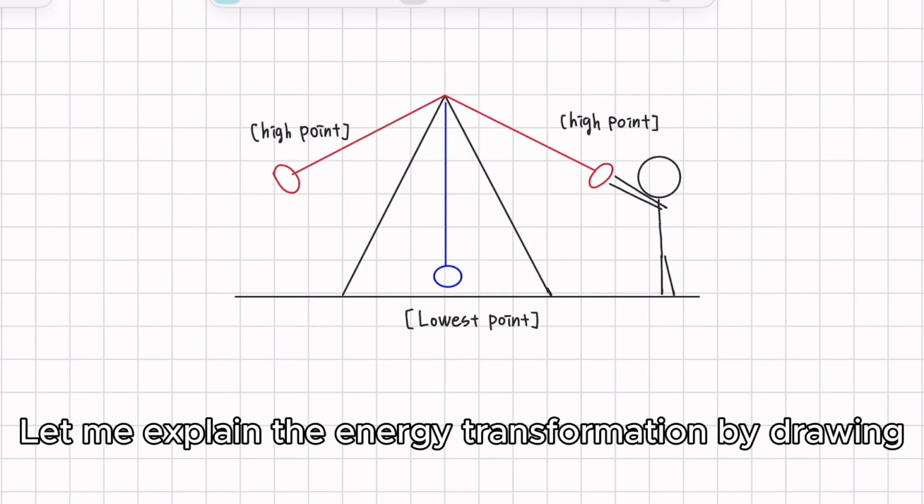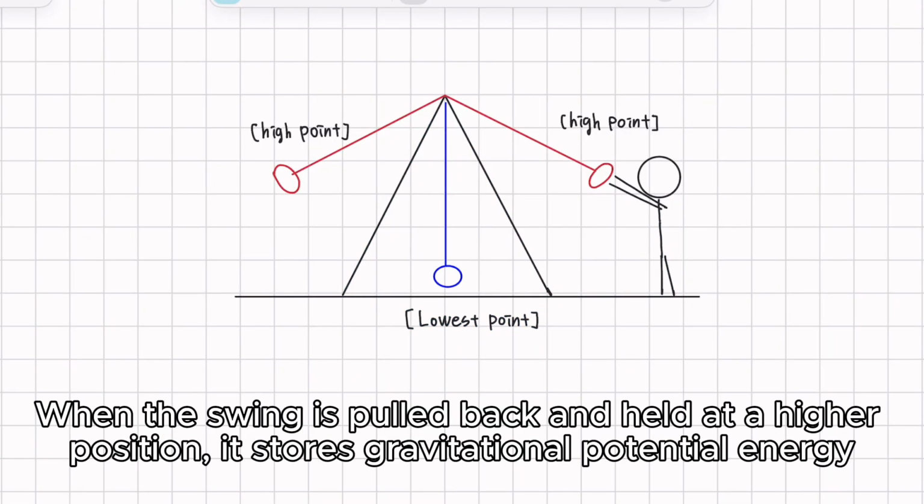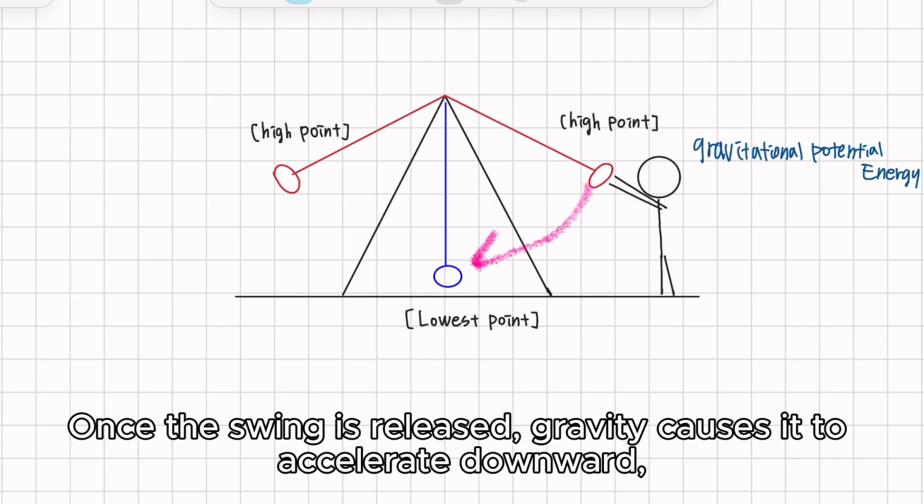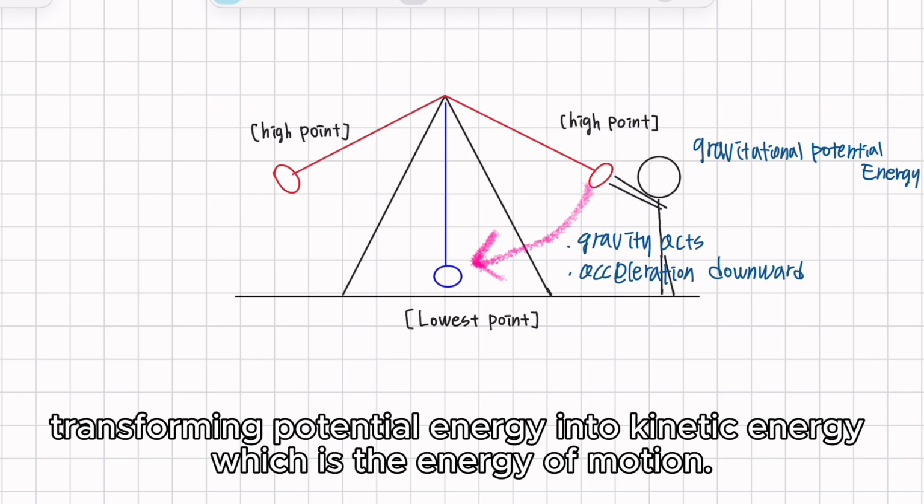Let me explain the energy transformation by drawing. When the swing is pulled back and held at a higher position, it stores gravitational potential energy. At this point, the amount of energy depends on the swing's height and Earth's gravitational pull. Once the swing is released, gravity causes it to accelerate downward, transforming potential energy into kinetic energy, which is the